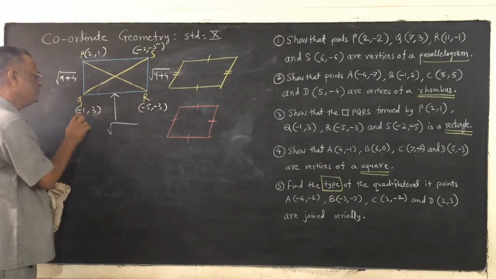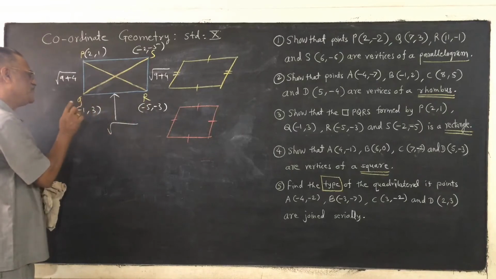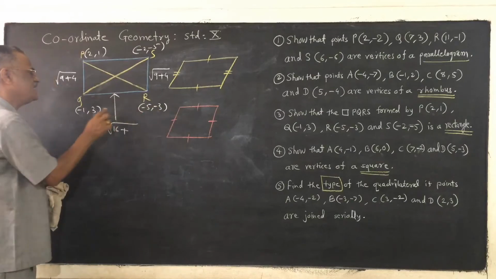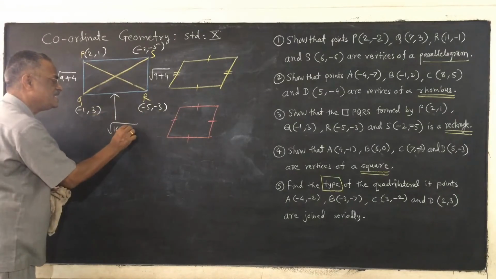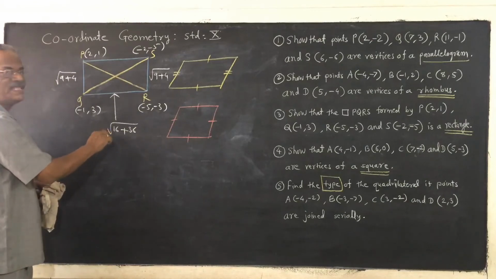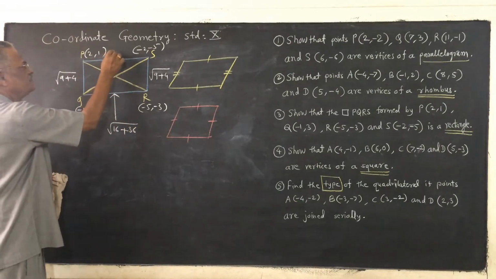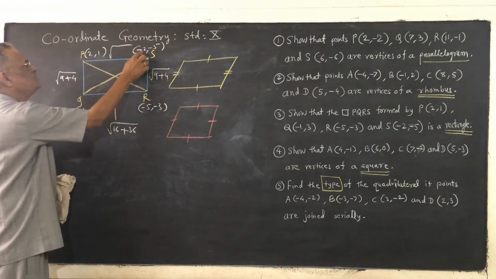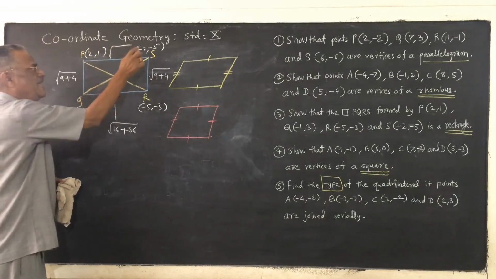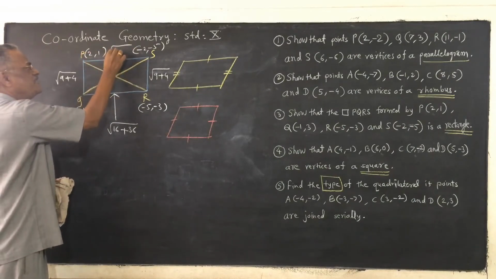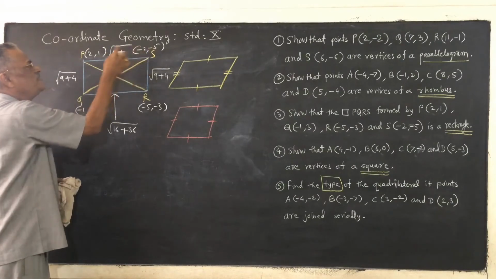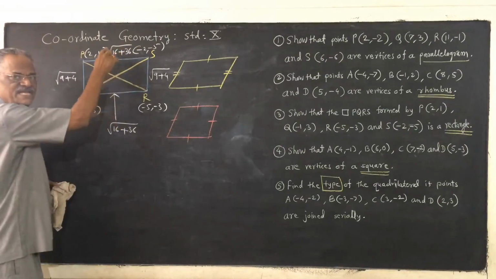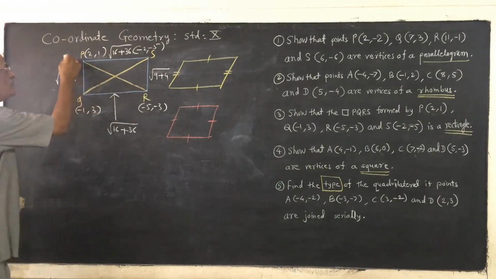Second coordinate x2 minus first coordinate x1, -5 minus 1 is -6... -4 square is 16, plus -3 minus 3, that is -6, it is 36. So you can see that it is under root 16 plus 36. Let us find the side PS by using the same formula, -2 minus 2, x2 minus x1, -4 square is 16, plus -5 minus 1, -6 square is 36. So you are getting opposite sides are equal.